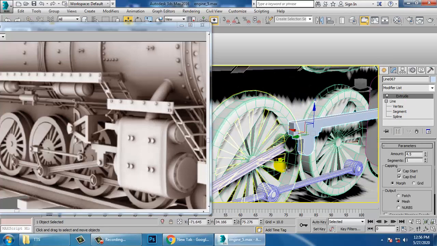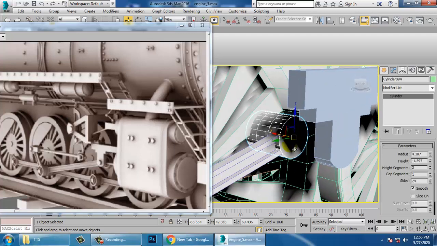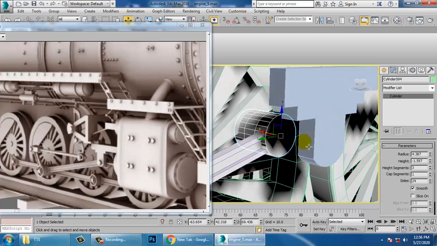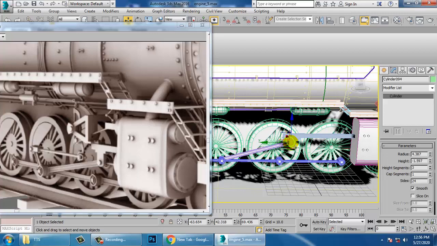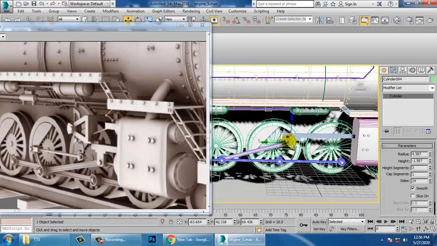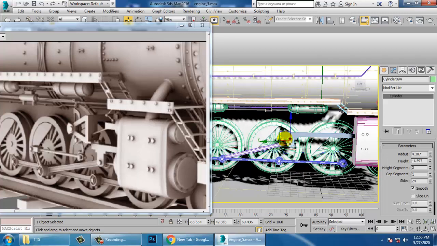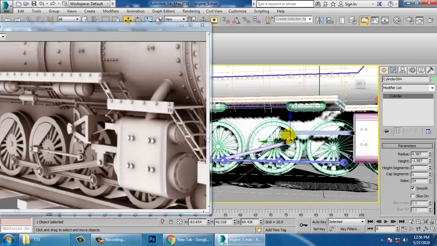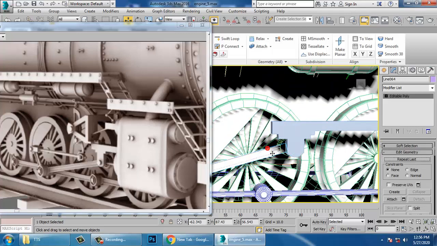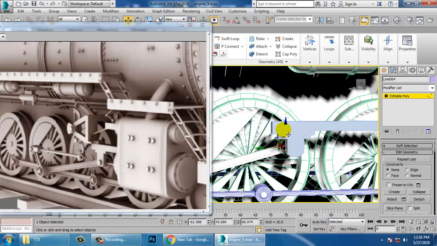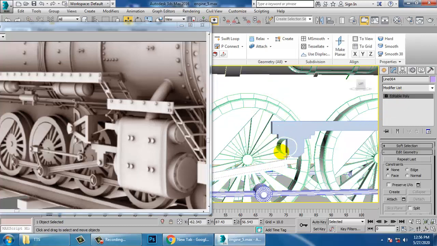So select this over here. We can just push it down if you want more till here. Push this down.